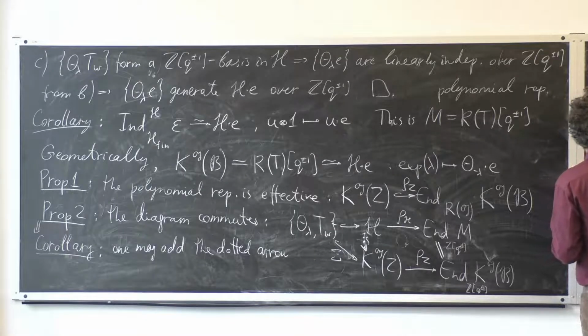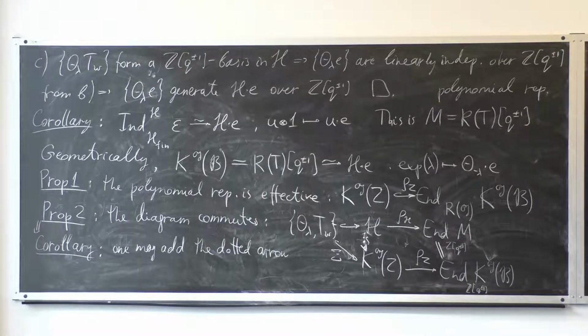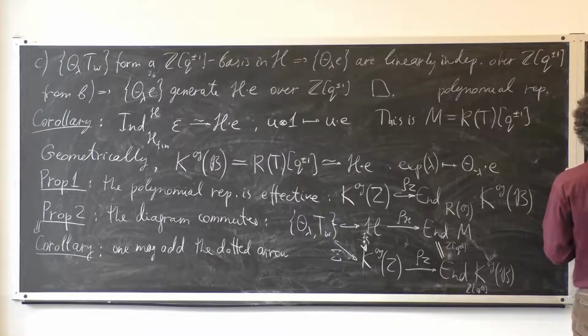So let's prove the parallel, though it's essentially evident. So we take the free associative algebra P, with generators W, and then there is a homomorphism